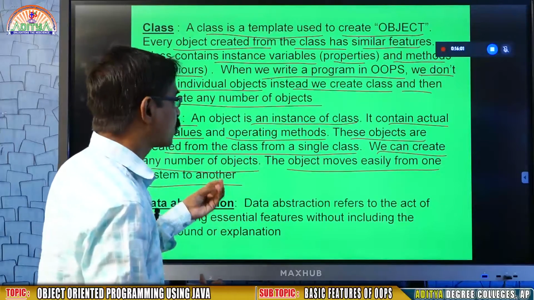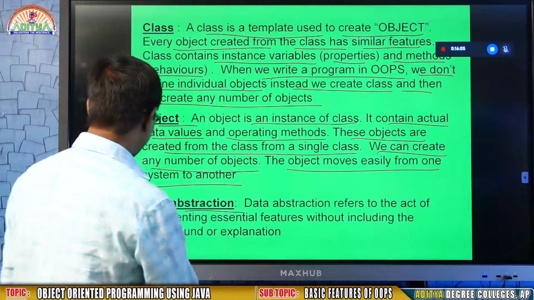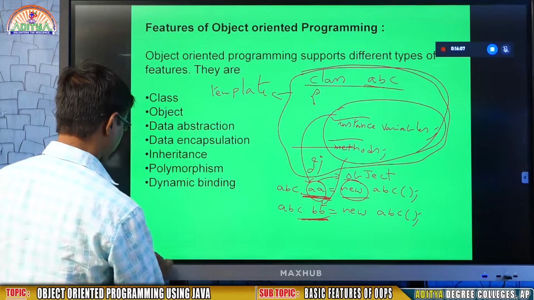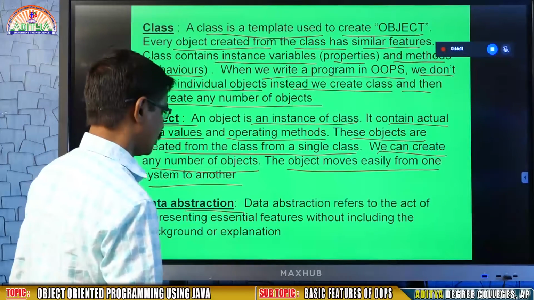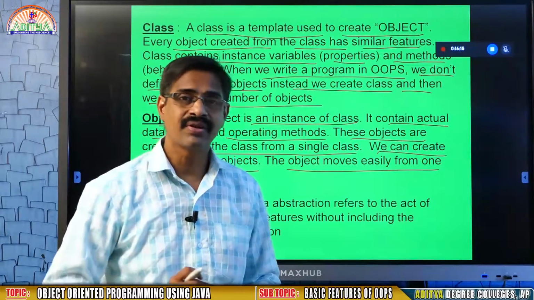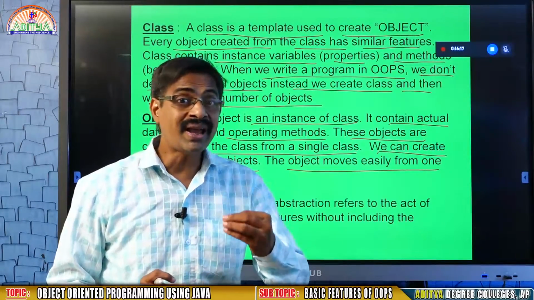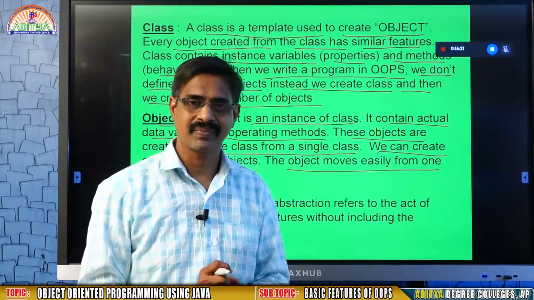Now coming to the third feature, data abstraction. What is meant by data abstraction? As you know, abstraction means providing essential things by hiding complex details.